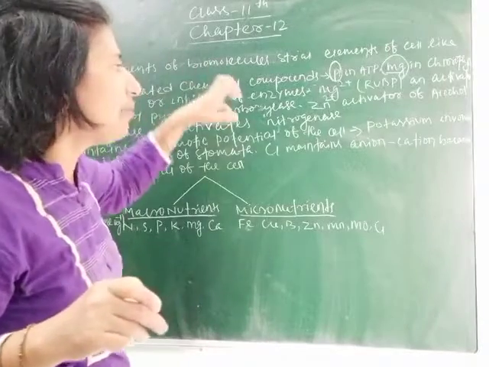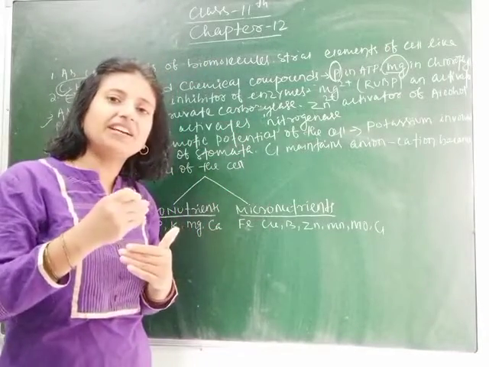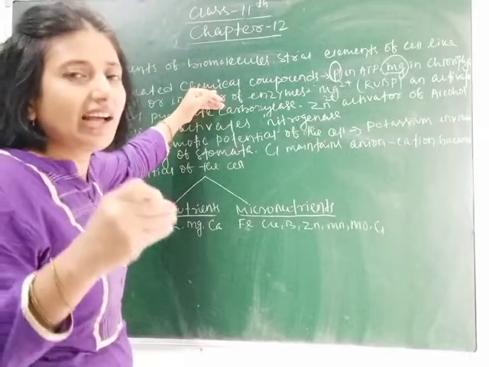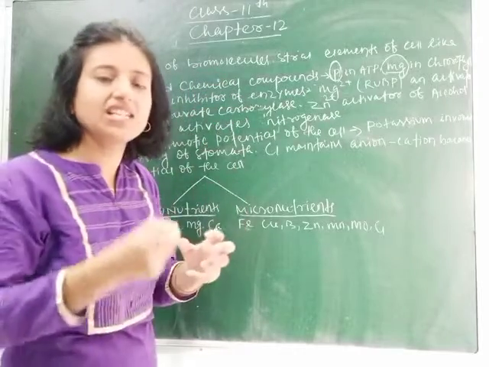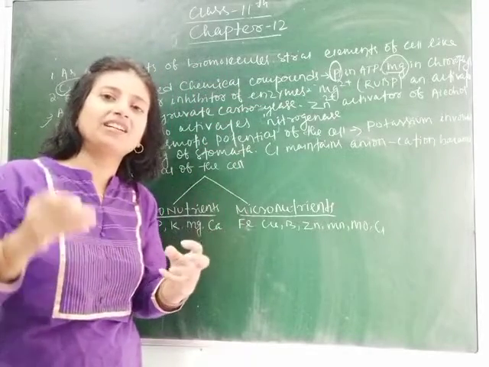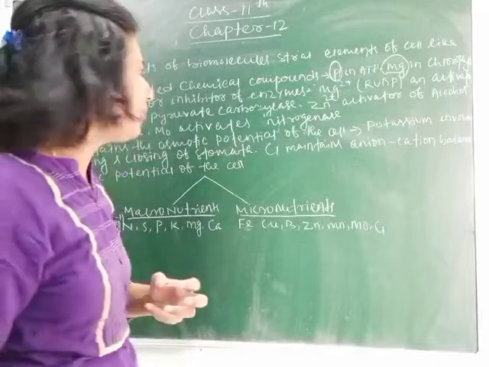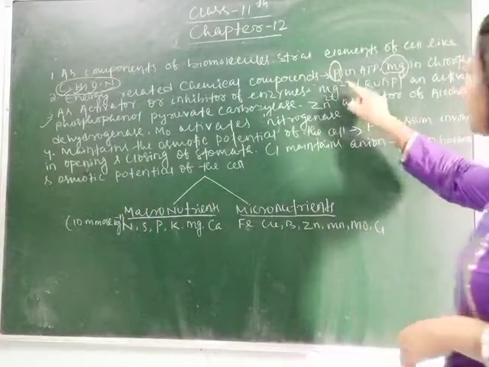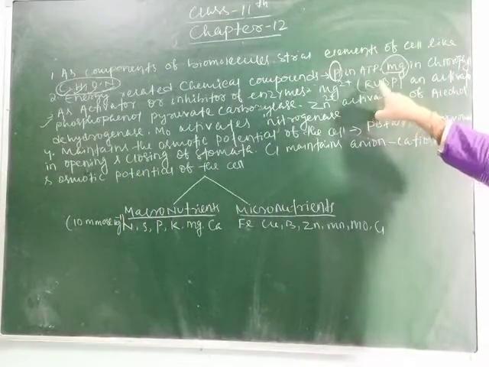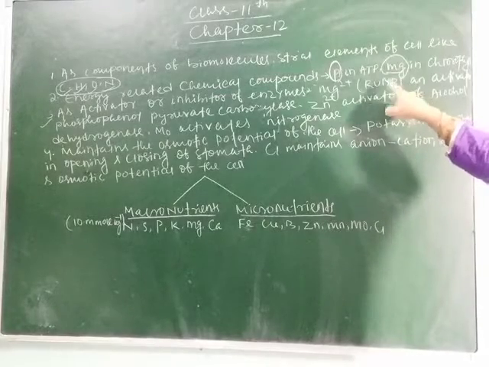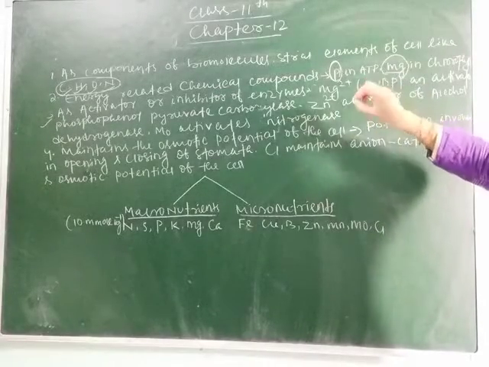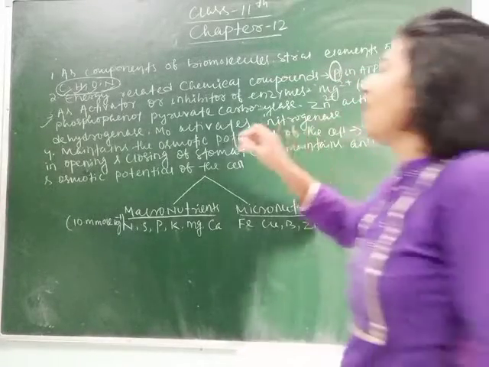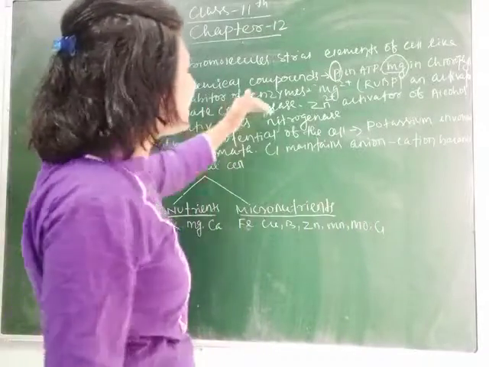Some minerals function as inhibitors, as well as some elements or minerals help as activators, meaning they activate, due to which different parts of the plant secrete and synthesize different types of plant hormones. Here some examples we can take: magnesium, which is present in ribulose bisphosphate carboxylase and oxygenase, that is called RuBisCO. So magnesium in RuBisCO acts as an activator. And also phosphoenol pyruvate carboxylase.